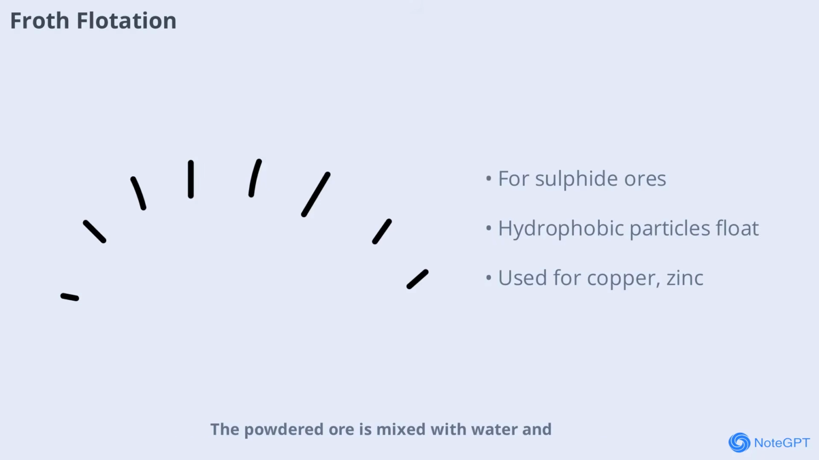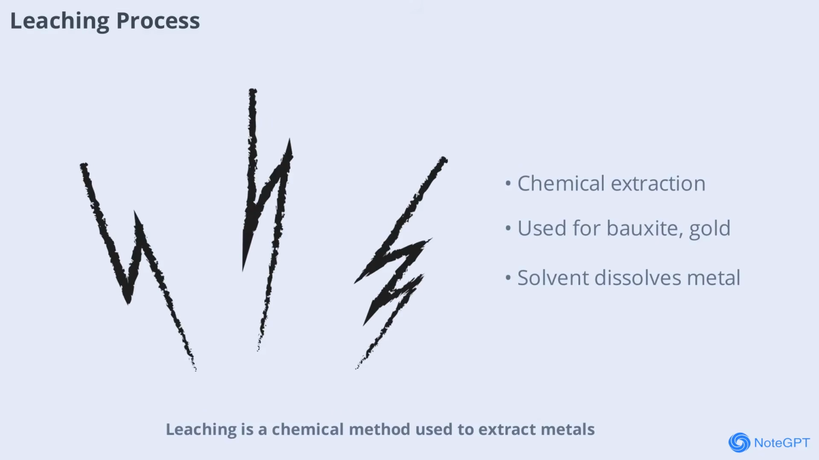The powdered ore is mixed with water and special chemicals that make the metal particles hydrophobic. When air is bubbled through the mixture, the metal-rich froth rises to the surface and is skimmed off, leaving impurities behind. This technique is highly effective for ores like copper and zinc, ensuring a high concentration of metal for the next stage of extraction. Leaching is a chemical method used to extract metals from ores by dissolving them in a